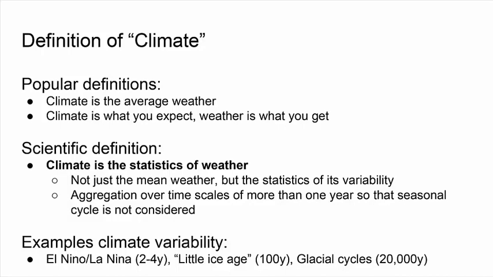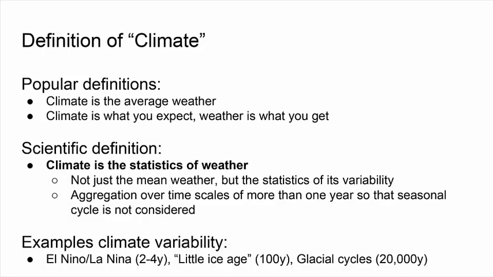Examples of climate variability that most of you have probably heard of are El Nino and La Nina. I'll talk more about this later, and that just has to do with the warming or cooling over the Eastern Pacific equatorial ocean, and that affects weather all across the globe. And then another length scale is the Little Ice Age. That was around in the 1600s, where the Dutch were skating on canals to work, and this is just an example of where there could be periods that are colder or warmer than others.